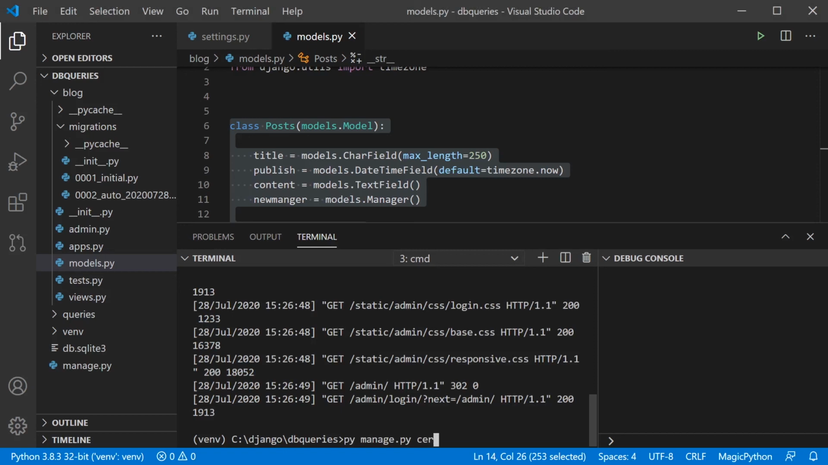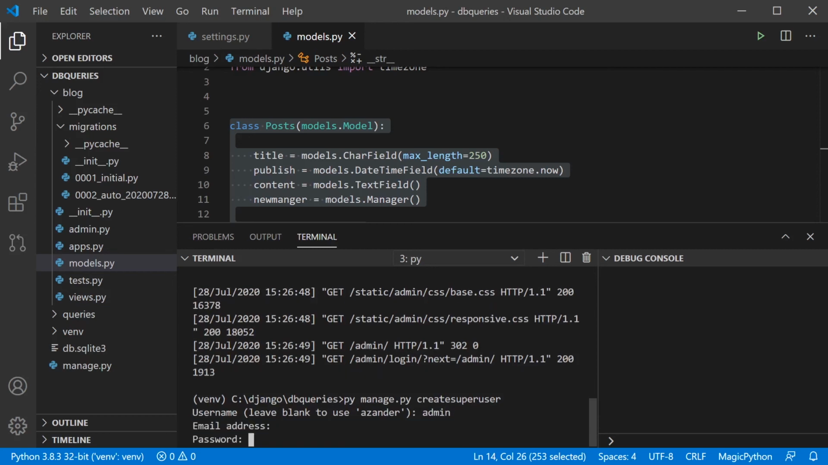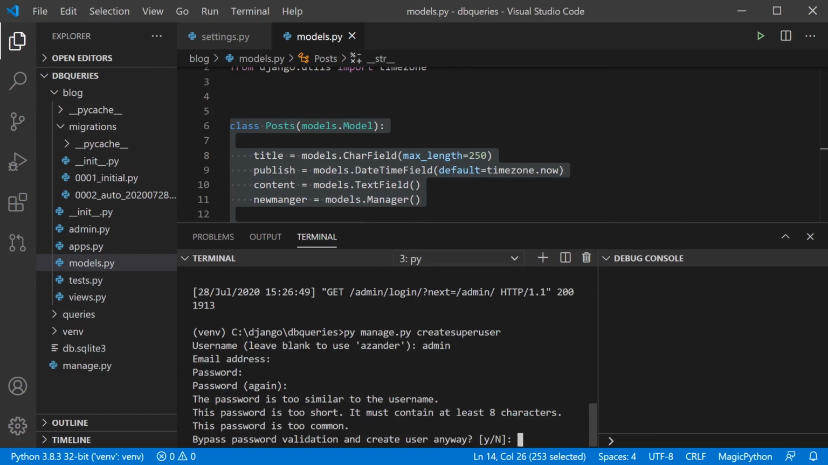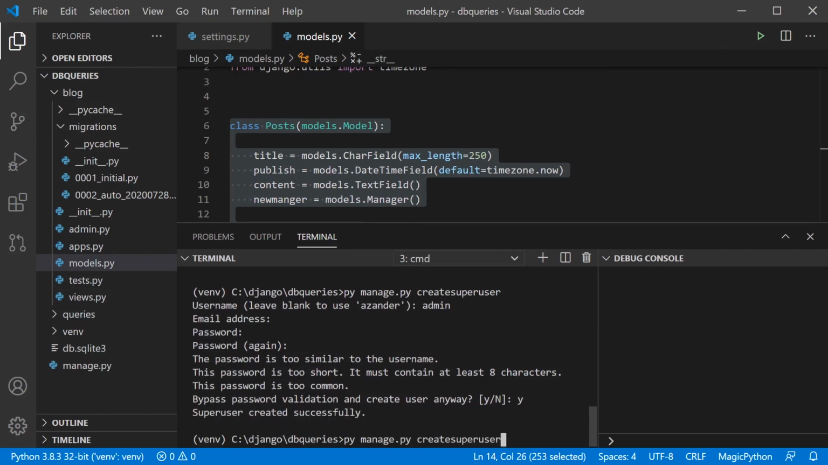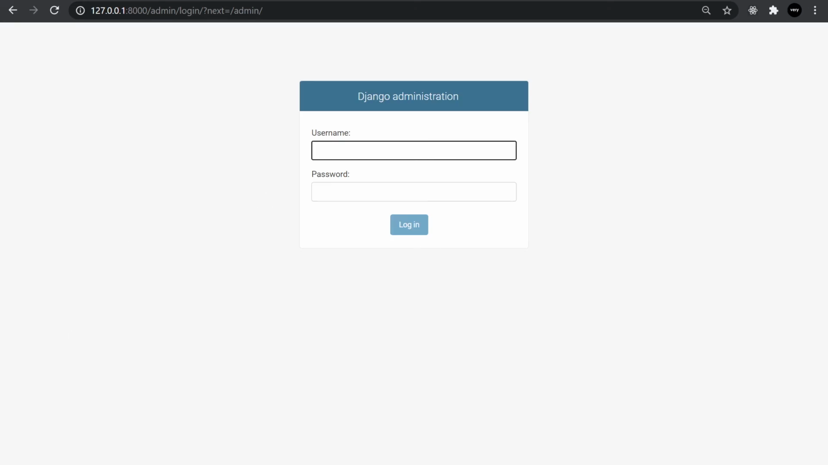So create superuser. That's going to allow us to create an initial user that we can access this database. So I'm going to admin. Okay, so I've added a new database. I'm going to rerun the server, and now I can go back in, and I should now be able to